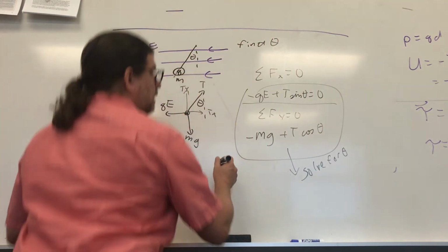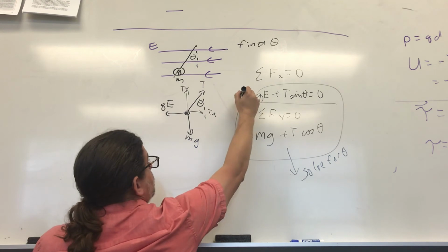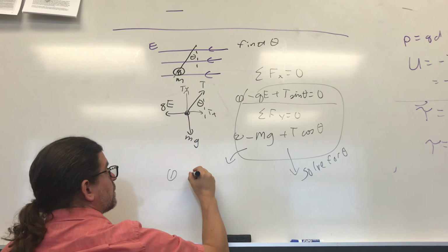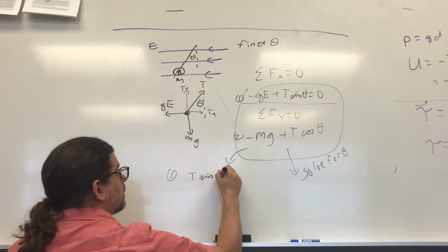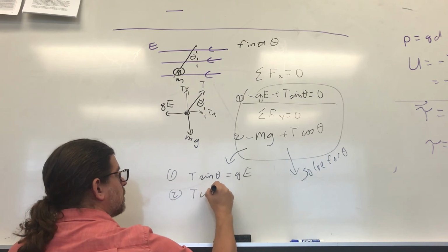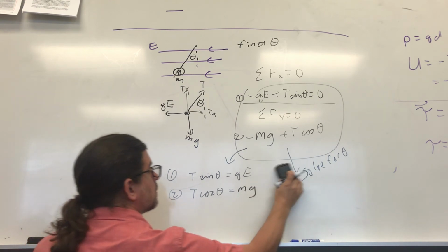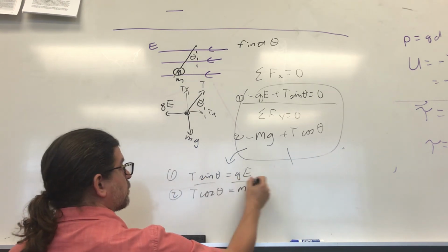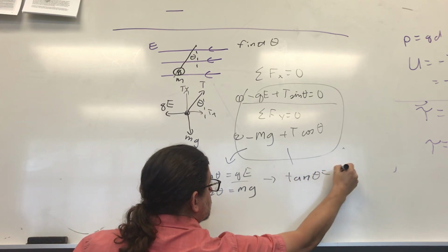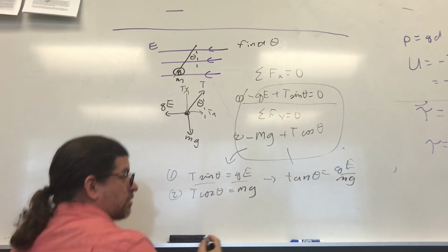So we'll call this equation 1 and this equation 2. Equation 1 becomes T sine theta equals QE. Equation 2 becomes T cosine theta equals mg. I divide those by each other and I end up with tan theta is equal to QE over mg. There, I've solved for theta. So theta is going to be equal to the